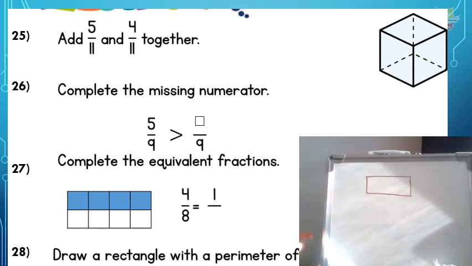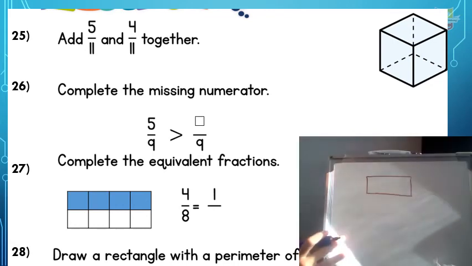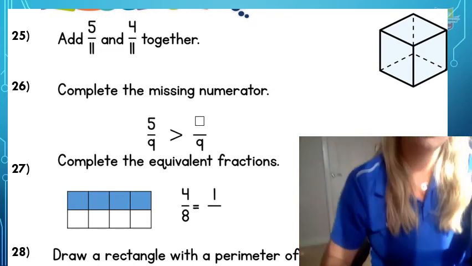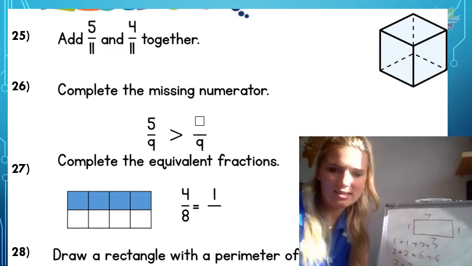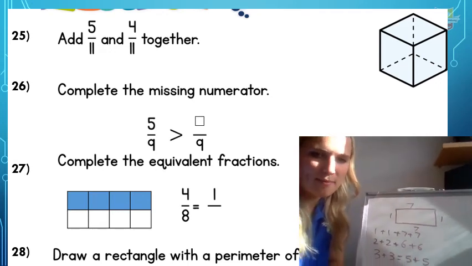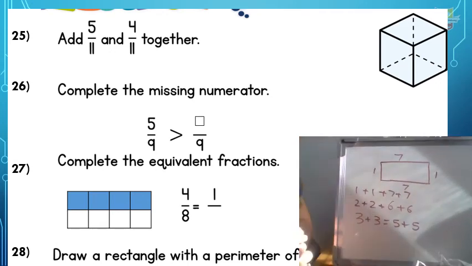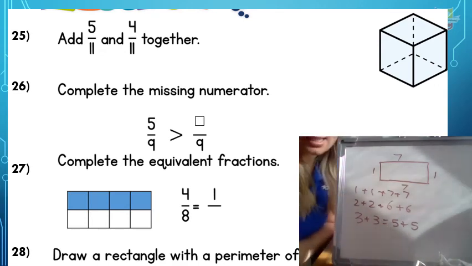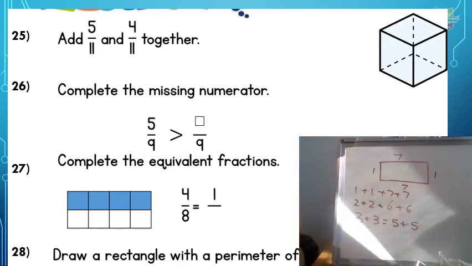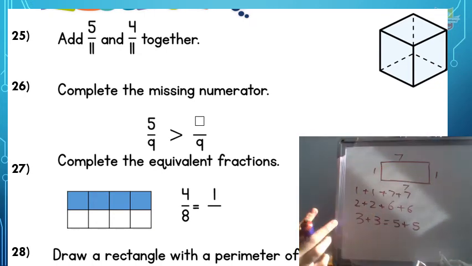Finally, you should have drawn a rectangle. Now you could have had anything as long as it added up to 16. So your options were... So you should have noticed that when we have a look, we can see that you could have had any of these options: 1 and 1, 7 and 7, 2 and 2, 6 and 6, 3 and 3, 5 and 5, and obviously the right way round, because I know if I'd started with the 1s,